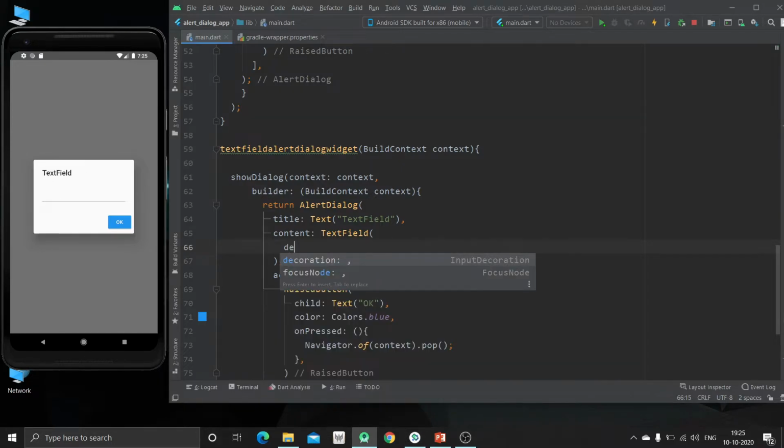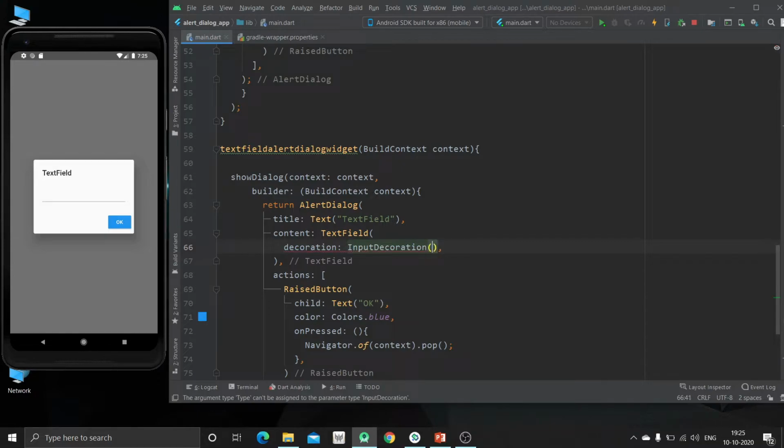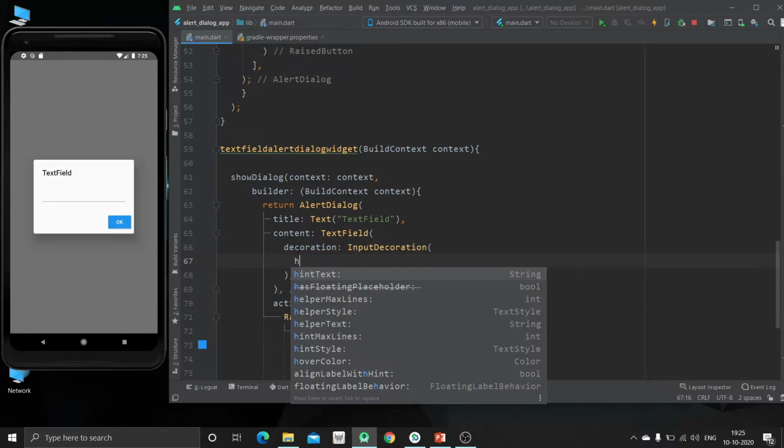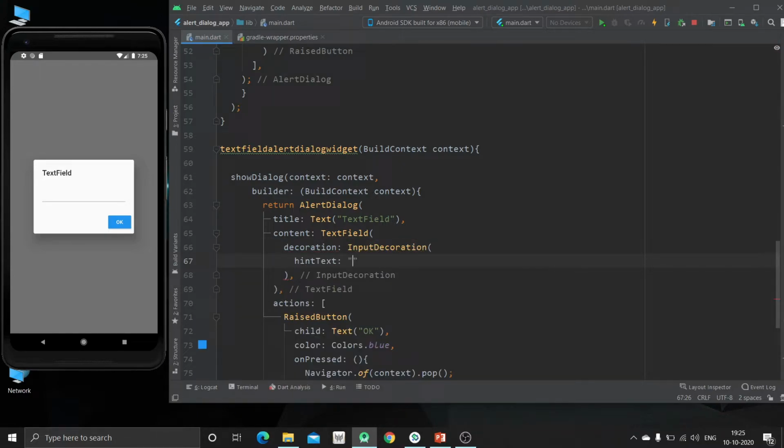So we will specify the decoration property and just use this input decoration. Now we will give some hint, like enter whatever you want, or else we can give what is your name or something like that.